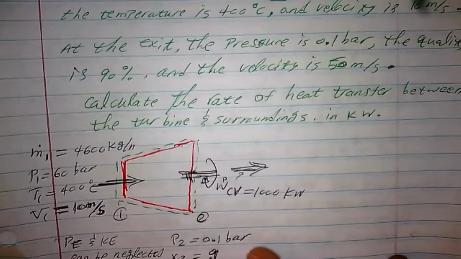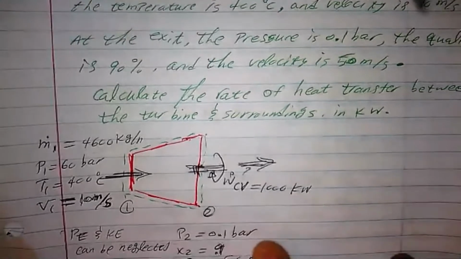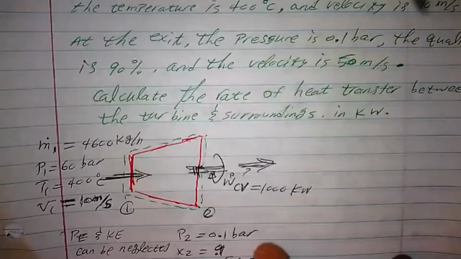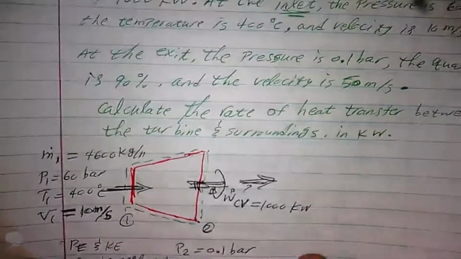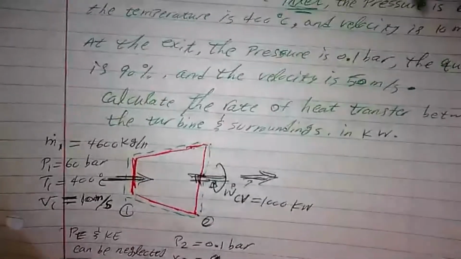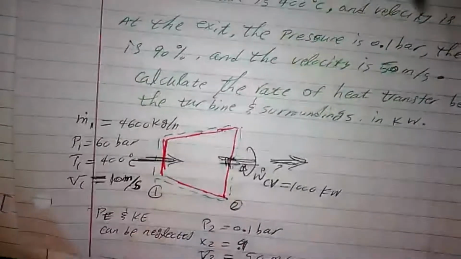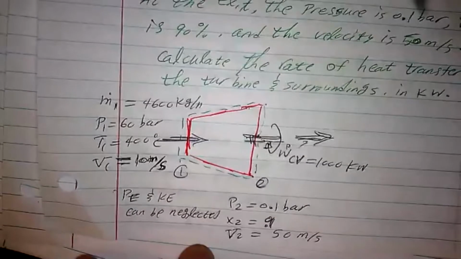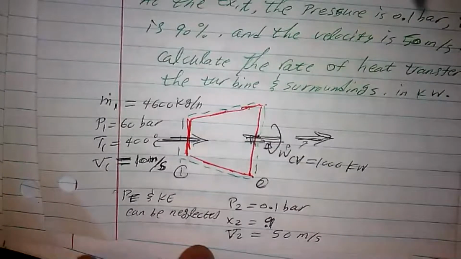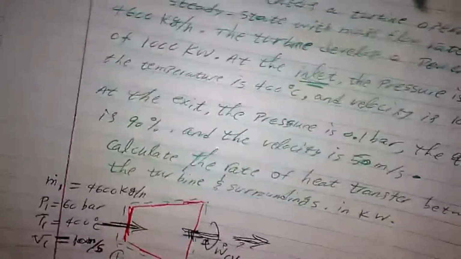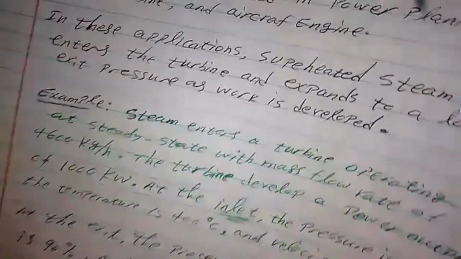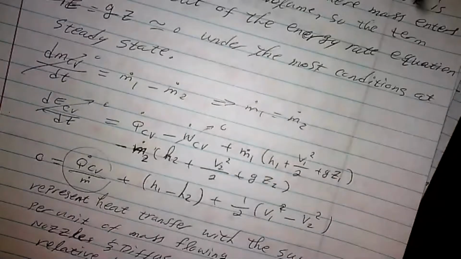M1, P1, T1, V1 is given, and then the W dot CV, the work of the turbine for the control volume, is given: 1,000 kilowatt, the power output. So potential energy and kinetic energy can be neglected compared to the value of other properties. So now that we have this statement here, a steam entered the turbine, and we wanted to calculate the heat